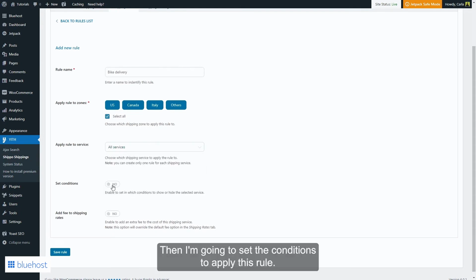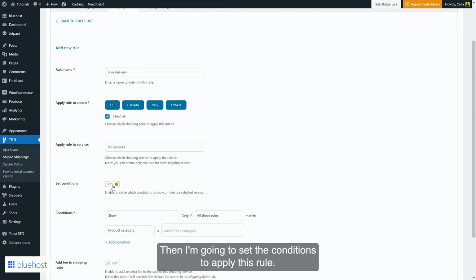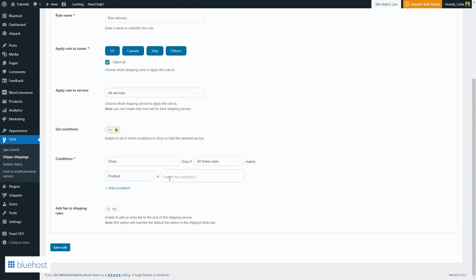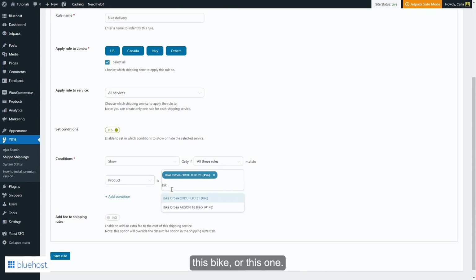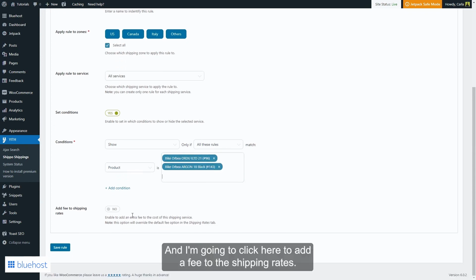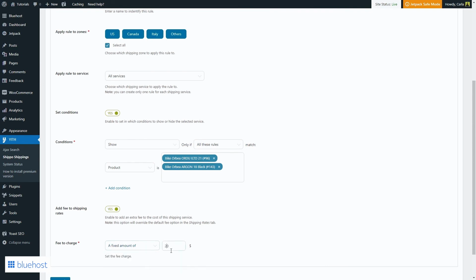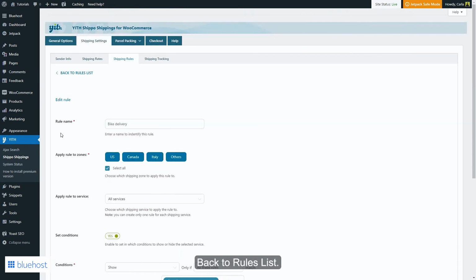Then I'm going to set the conditions to apply this rule. I'm going to show this rule only if all these rules match. I'm going to show this rule if the product is this bike or this one. And I'm going to click here to add a fee to the shipping rates. It's going to be a fixed amount of $20. Save rule, back to rules list,